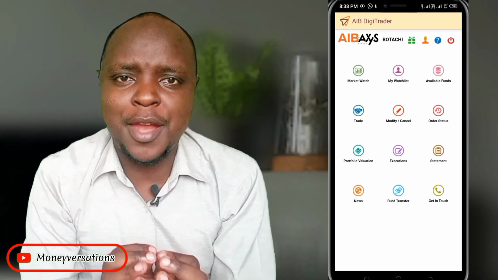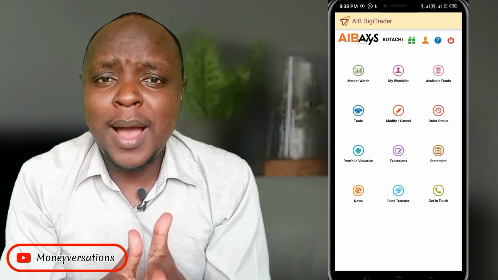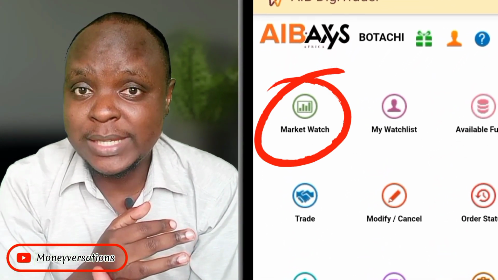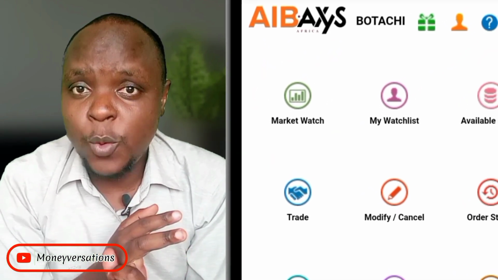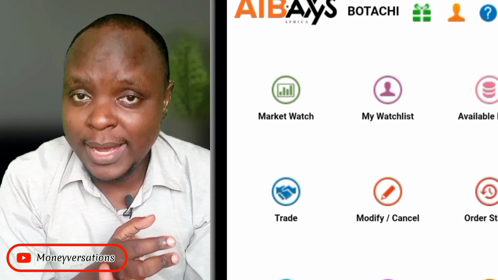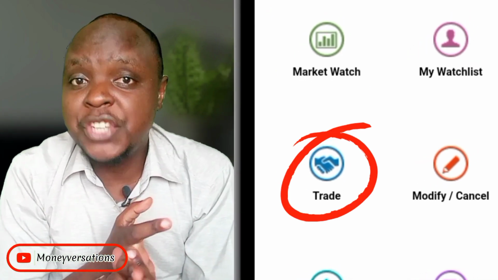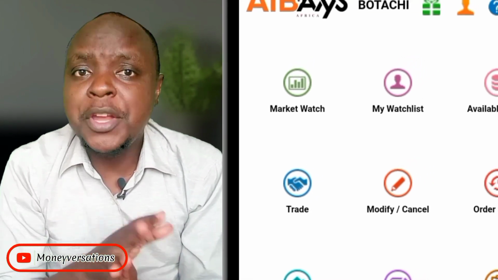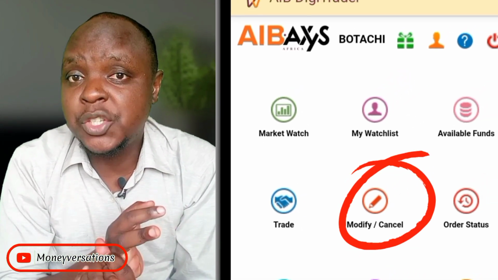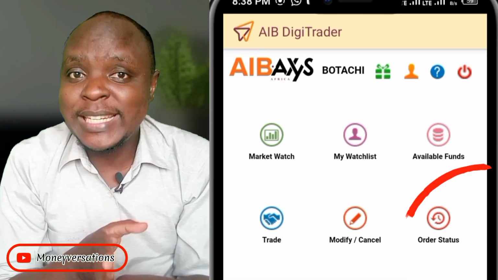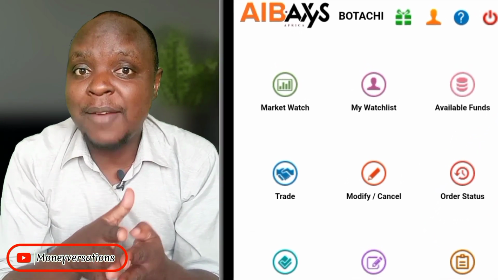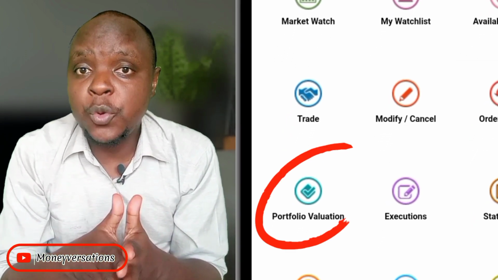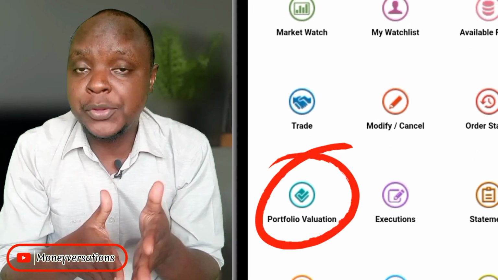Simple and straightforward. For a brief overview, among what you need to note and remember is Market Watch for the list of companies trading, available funds where you look at balances and available money in your market, trade where you initiate a buy or a sell, but I will show you a better way to trade in a few, modify or cancel where you make changes to pending transactions, order status where you can observe transactions whether they have been accepted or are pending or are cancelled,